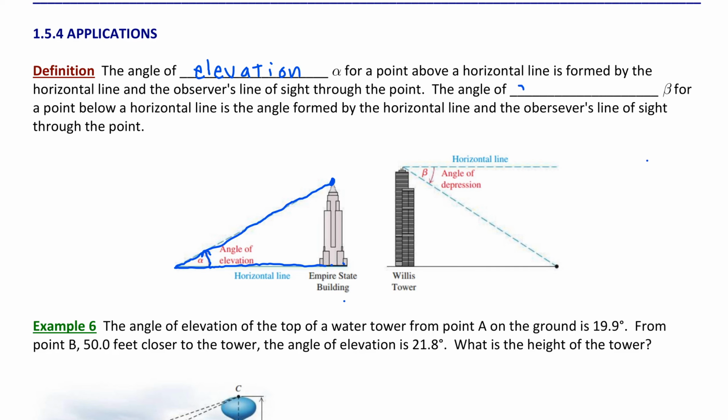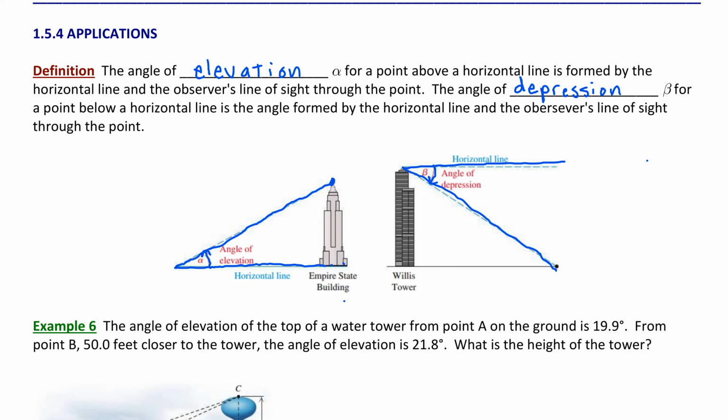On the other hand, the angle of depression, a little less straightforward. The angle of depression, beta, for a point below a horizontal line, is the angle formed by a horizontal line and the observer's line of sight through the point. So notice this is the angle of depression. Make sure that when you're working your application problems that you don't accidentally think of this as the angle of